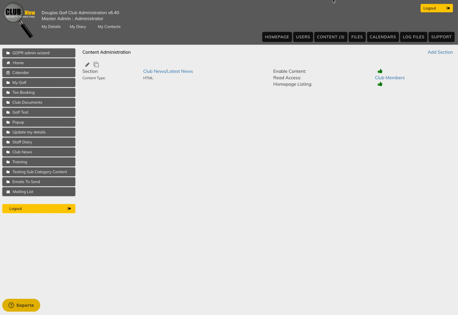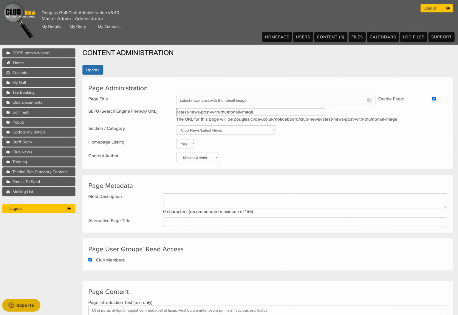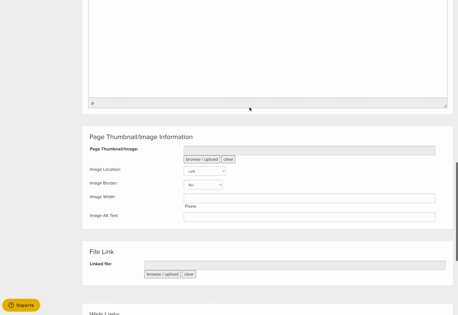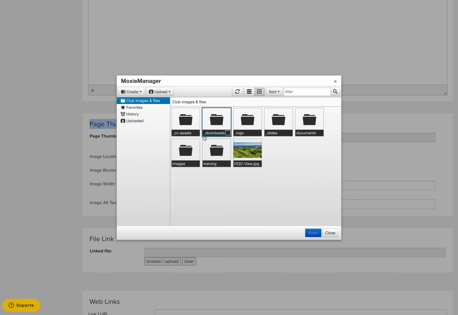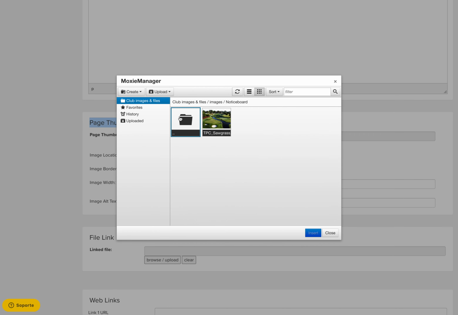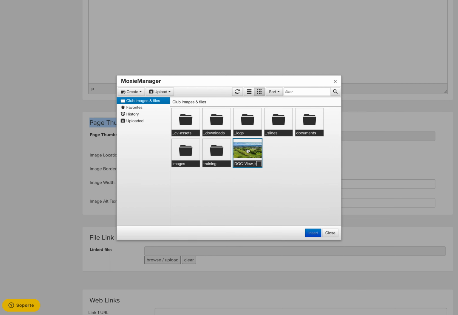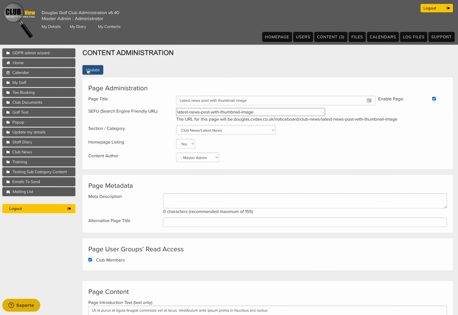Again, very simple. We'll just go back to the pages we're creating. I'll just push the back button there and scroll down, and here we have an option for page thumbnail image information. So just go browse upload, and we can choose one from any of the images that we have on the website. There's nothing really much in here at the moment, so we'll just choose this one which we've been using before, and we'll go ahead and update,